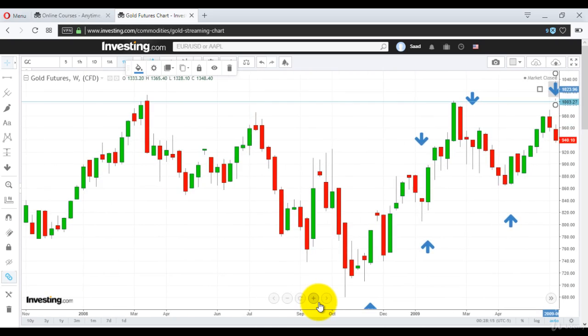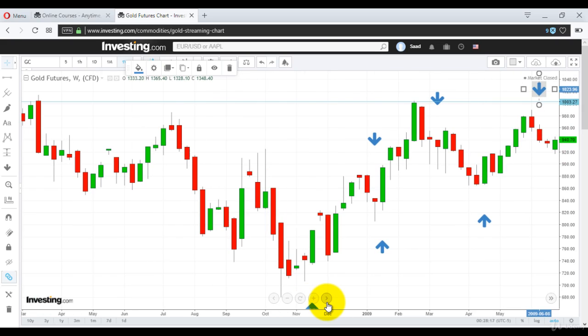Now if you look at it right here, the price goes down and then a green candle comes up to say buy. Now, why does the price always move in a zigzag? This is an important question that many of my students ask. And the answer is simple. Now in this zigzag move, if I just move out,